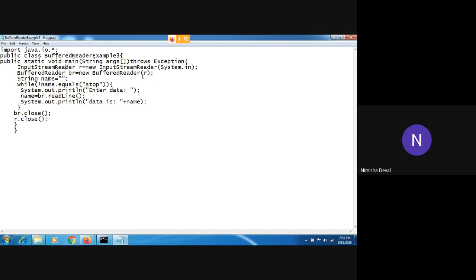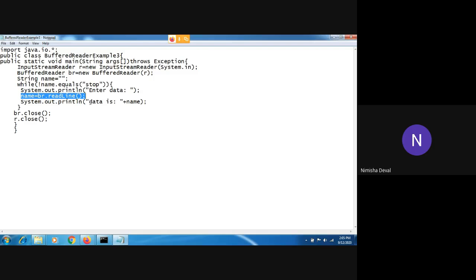Then you will provide that object to the buffered reader. Right now we have only declared the variable. We have not passed any data. We will pass data through this one. From here we are passing our data. Like our normal scanner class, readLine means we have to read the complete sentence. If we provide a complete name, that name must be read through this line. You can do this process, and after doing it, if you want to take one more name, you can take it.